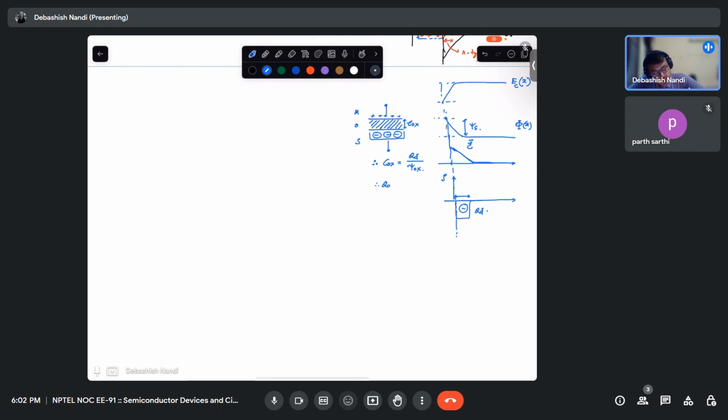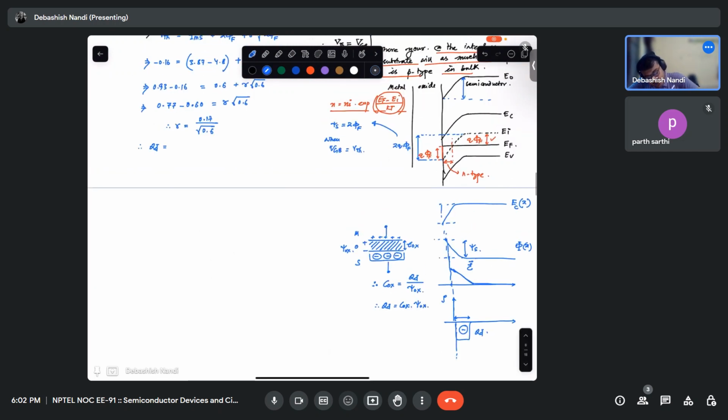So your QD would be nothing but your Cox times the potential drop across the oxide. And what is that? That is gamma root over psi s times your Cox,